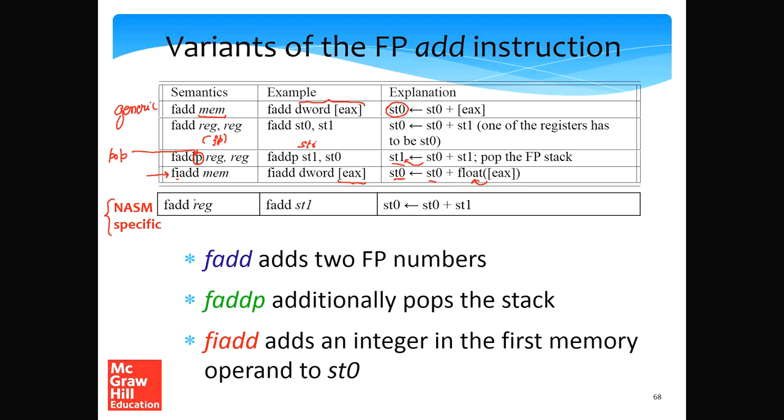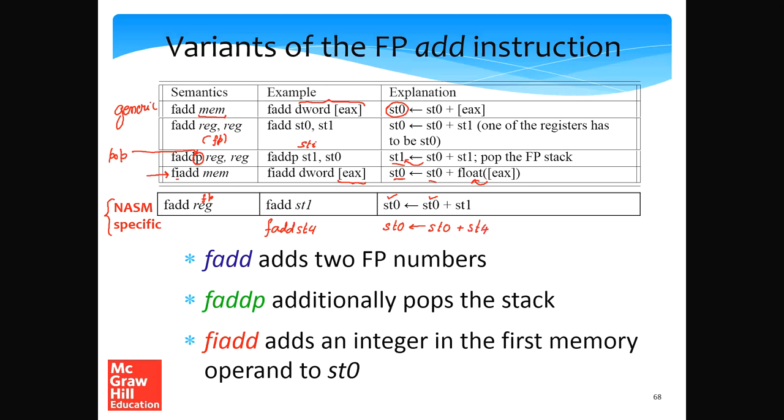So this format is a one address format instruction, where the only operand that FADD takes is a floating point register. So for example, FADD st1. So here the default second source is st0, and the default destination is st0. So we could have very well written fadd